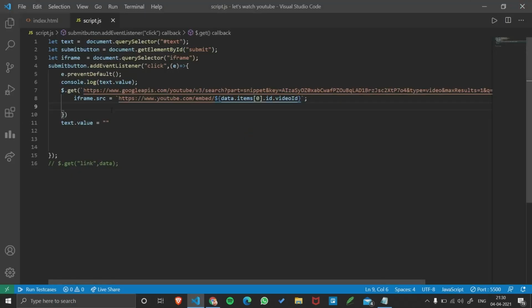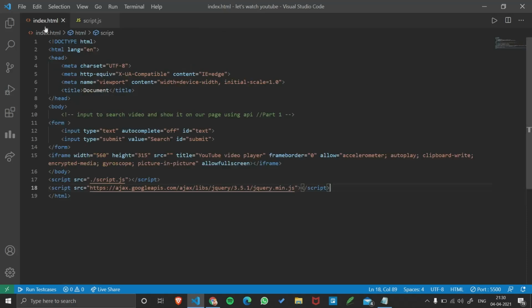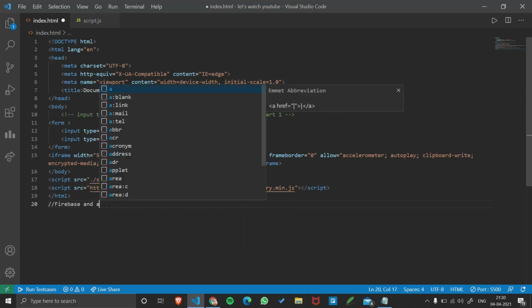This was a great tutorial. It was fun, and we will build Firebase. Let me just write it here. Firebase and authentication.